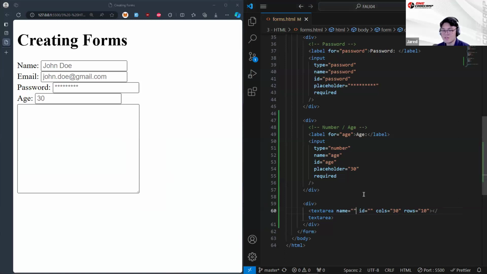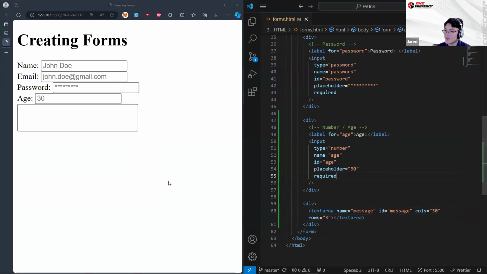All right. So here for this text area, we'll give it a name. And let's say this name is going to be message. Its ID is going to be message as well. And we could say columns of 30, and maybe our message is not going to be 10 rows long. So let's say we'll make it 3. And there you go. That is a pretty apt amount of space